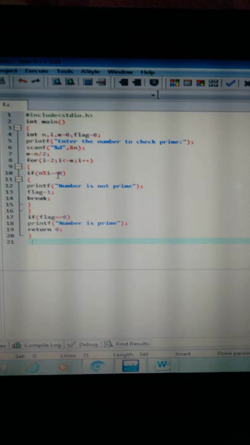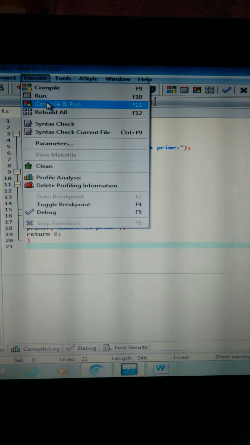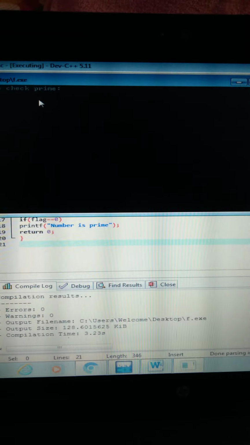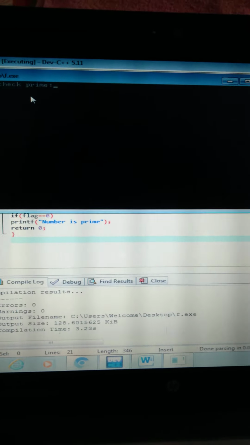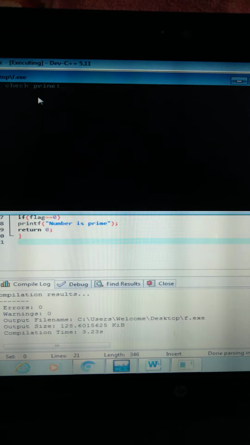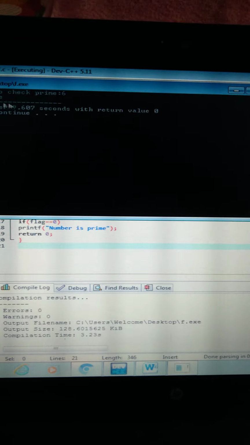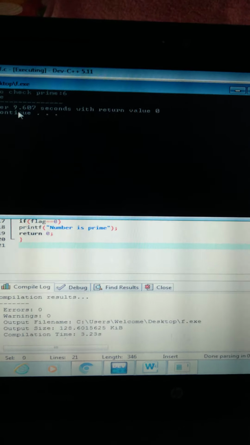Okay, now let us execute it. Execute, compile and run. Enter number 6. The number is not prime. 6 is a number which is not a prime number.